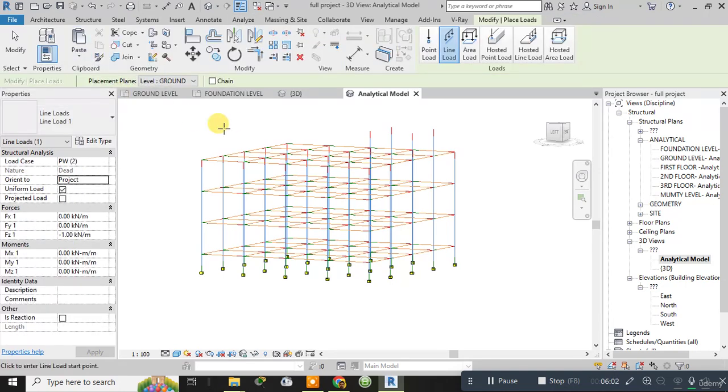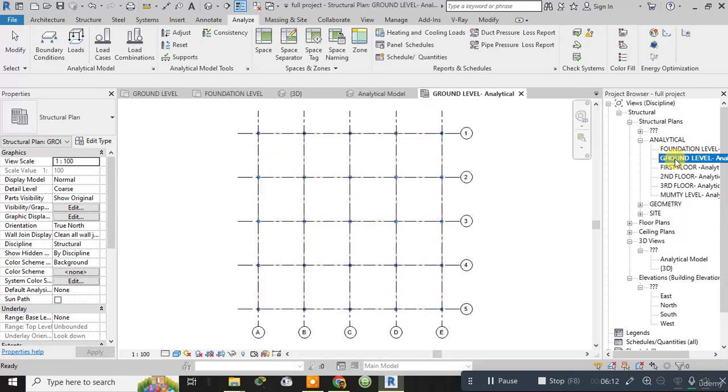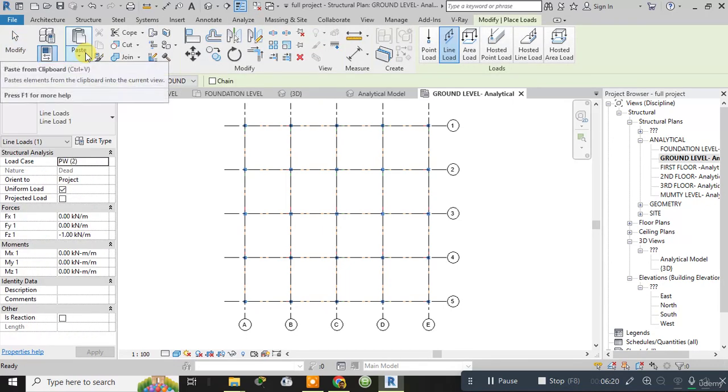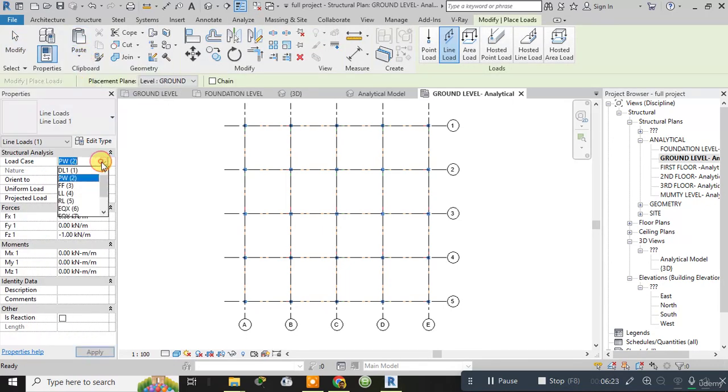After going to the loads, you need to select the analytical level, ground floor. First select the ground floor analytical level. After selecting it, go to the loads, and you have to apply the loads, such as I will apply the